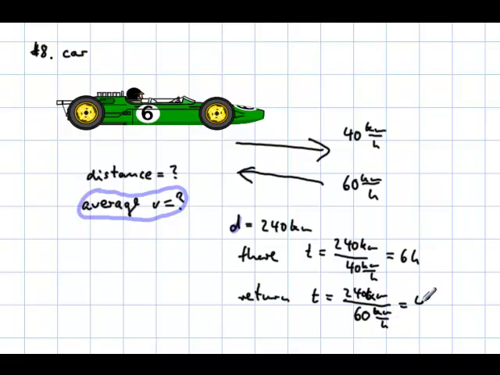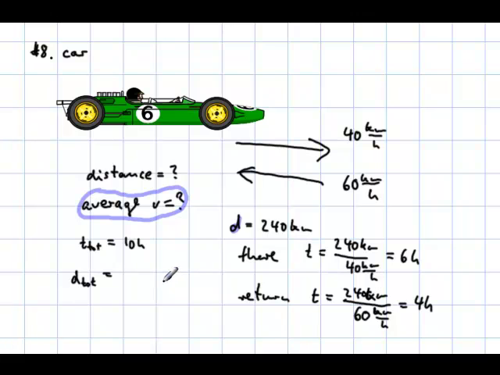That's 4 hours. And then, of course, the kilometers divide each other, and the hour that's in the denominator goes to the numerator, which also makes sense when we look at time. We need to have that time unit in the numerator. So 6 hours and 4 hours means that the total time is 10 hours, and the total distance